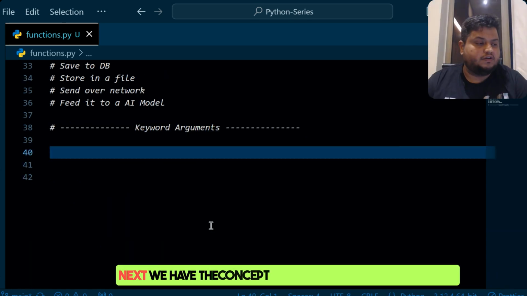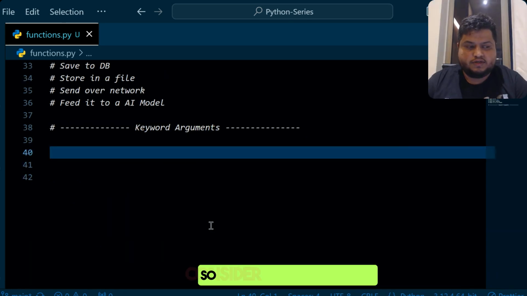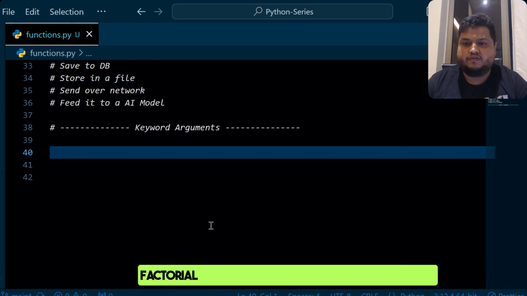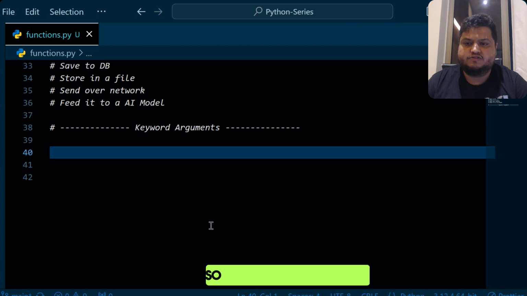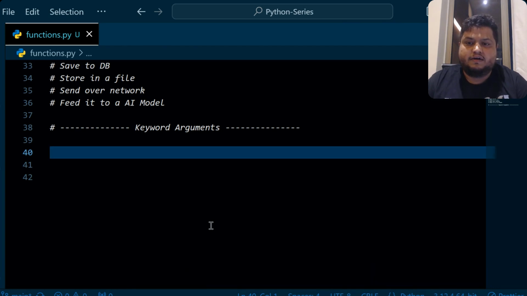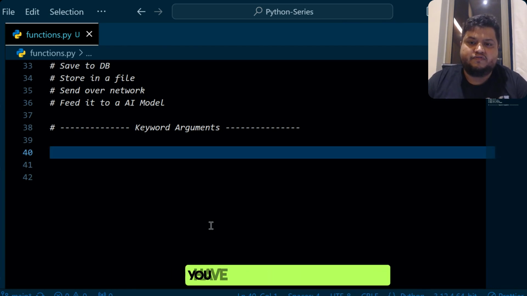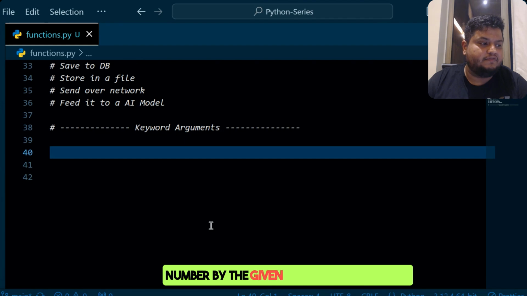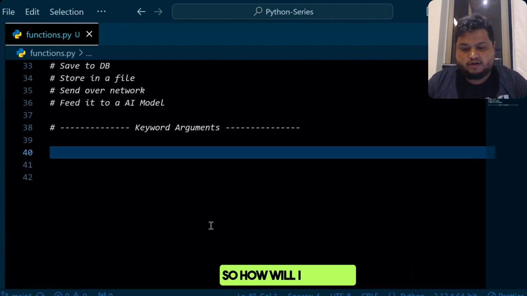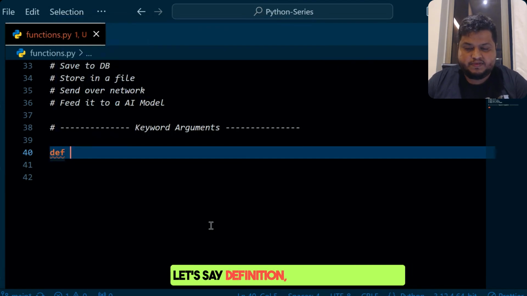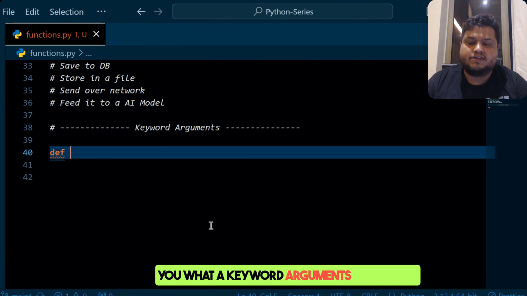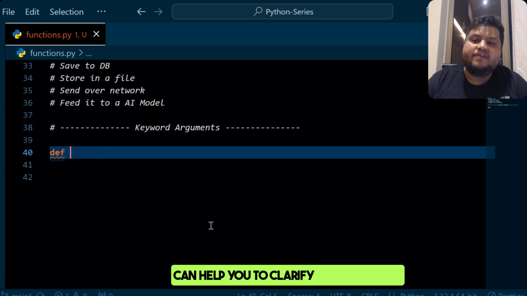Next, we have the concept called keyword arguments. So consider I have to do a factorial and then increment after the factorial. So I have a simple function. I'll give you a number. You have to take the number first, find the factorial, and then increment by the given number. So how will I do that? Let's say definition. I want to show you what keyword arguments are, how they can help you clarify the function.